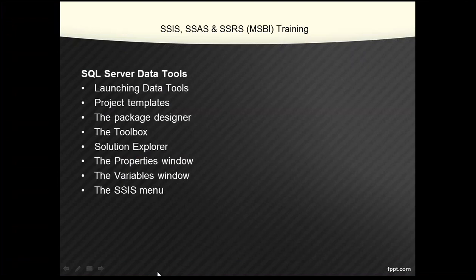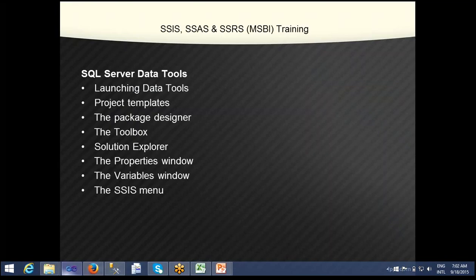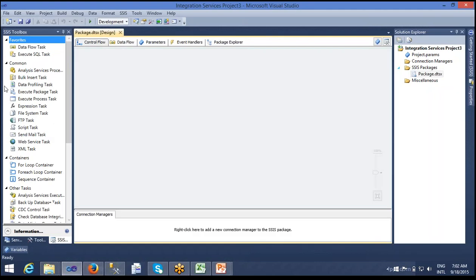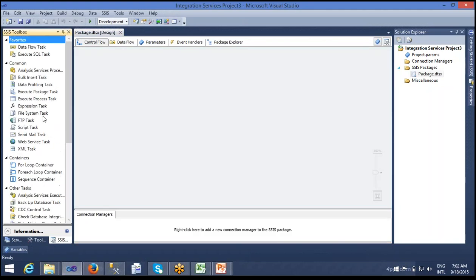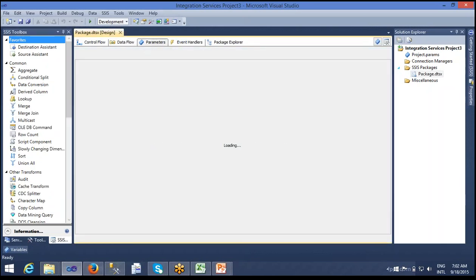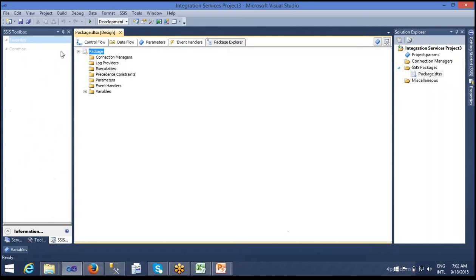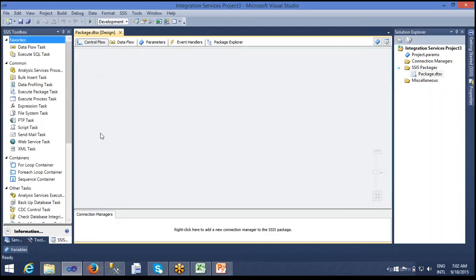If you open this project, it's free software, guys. If you install SQL Server, you will get it. These are the tools we use to make our data meaningful. That is what we discuss, along with these windows and some of the options. It's the very rich beauty of SSIS.